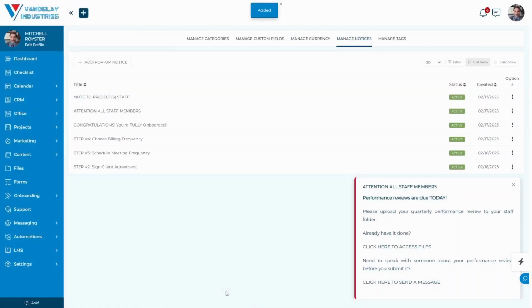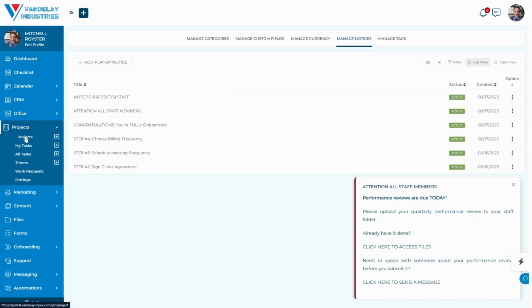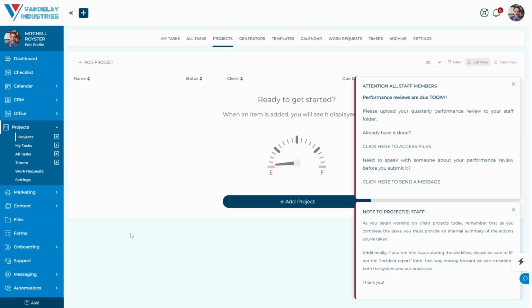And we'll save it. Now, you might be wondering, Mitchell, there's this note to projects staff. And let's explore that for a second. Before going into the options and the details and all that, I just want to show you very quickly here. We'll go into projects, and we'll pretend as though we have projects open. We don't have any projects open right now, but we see here,